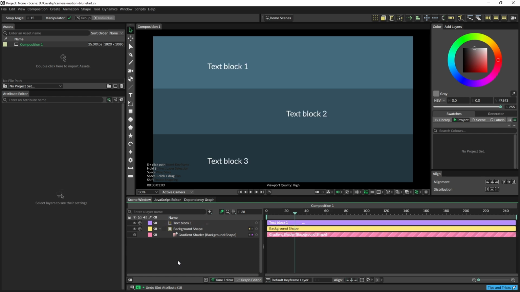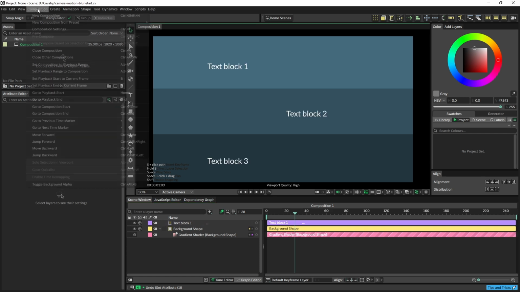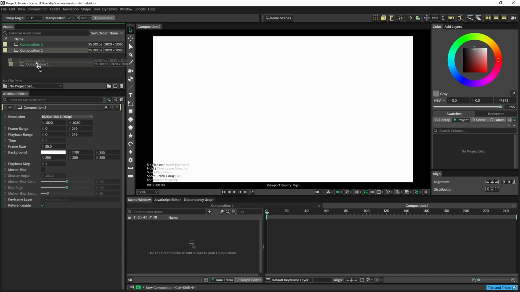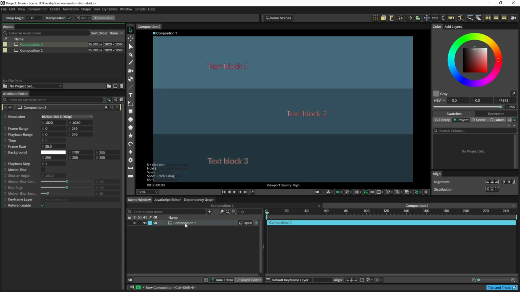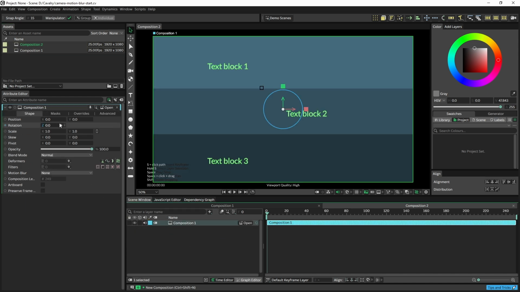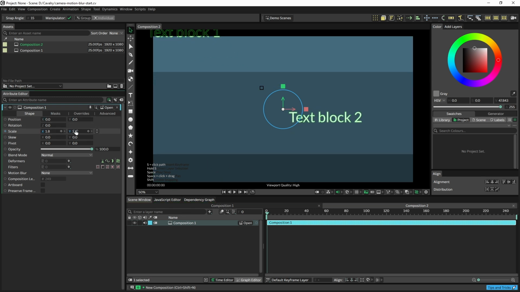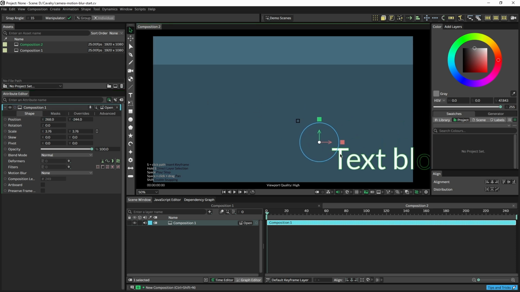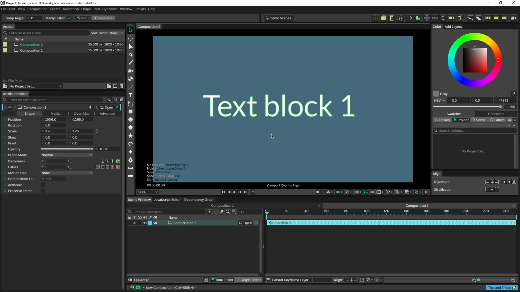Let's just delete this camera. And that's by using a separate composition. So I'm going to go in new composition, open this, drag in my first composition, and we're going to use the scale and position of our composition as a camera movement. So I'm going to increase the scale, and then moving it around is actually pretty easy because we can just click and drag in the viewport,